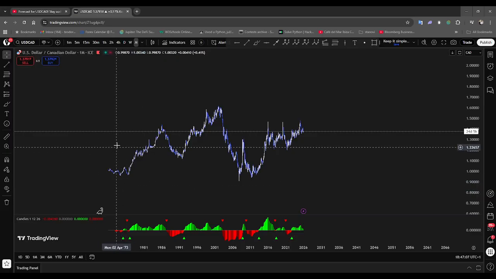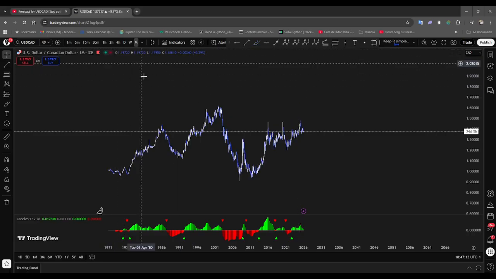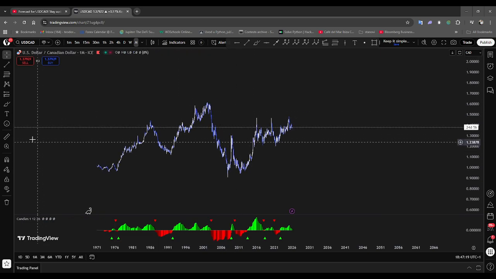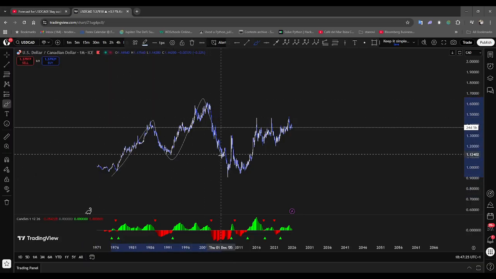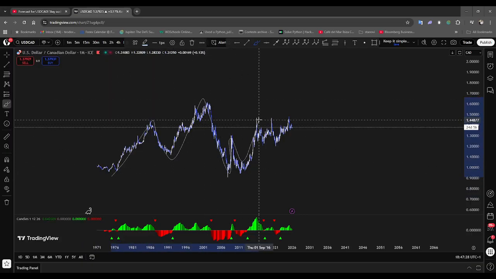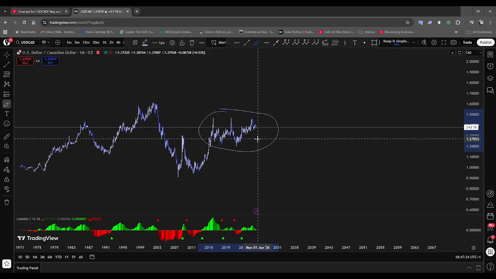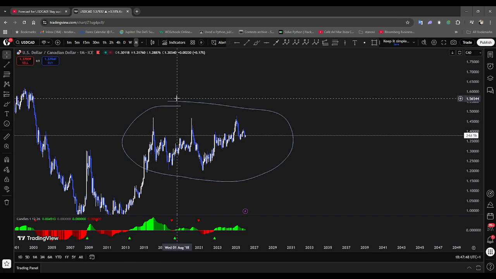So as we can see, we are currently on the monthly time frame on dollar CAD. Basically we have this up move, then this down move, and now this up move here. As you can see, we have been consolidating since January 1st, 2016. So that's basically almost